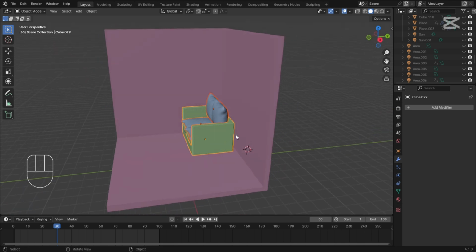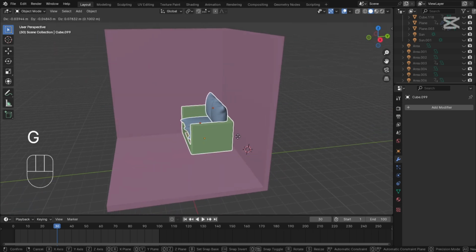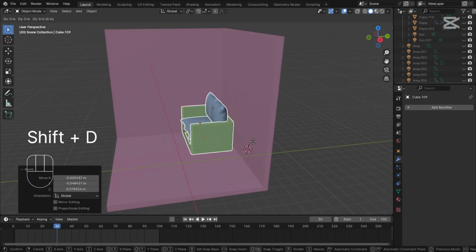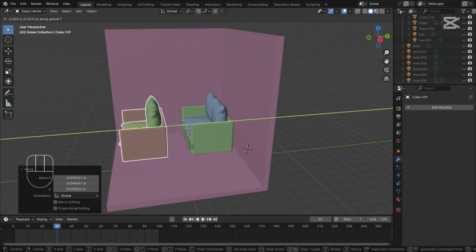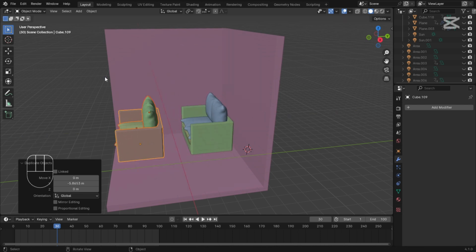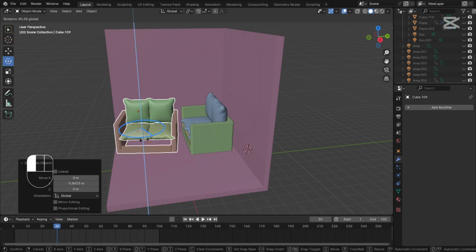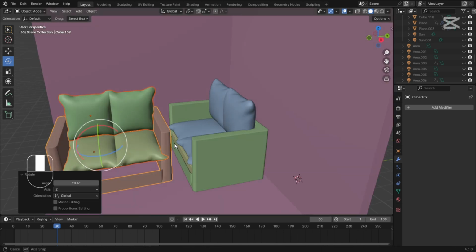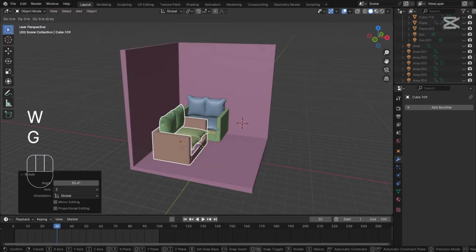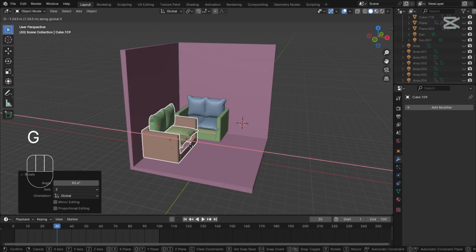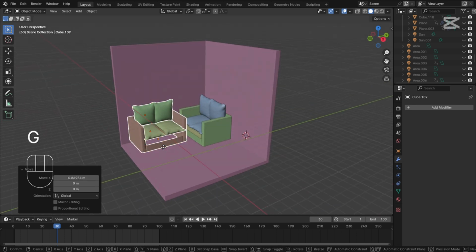I want to duplicate. I could just shift D and move it on the y-axis, and I could rotate like so. I could just rotate it to face forward. Yep, I like this. Now it's really easy, just have to take out your time and adjust